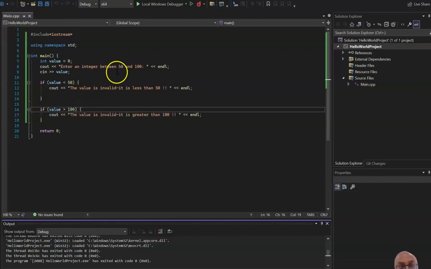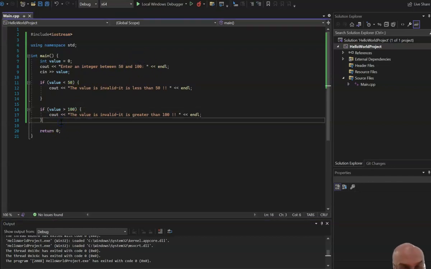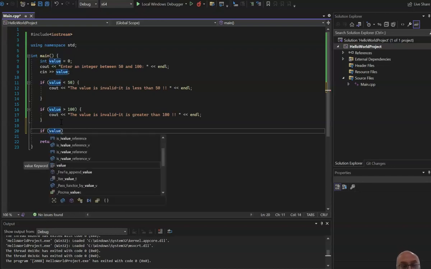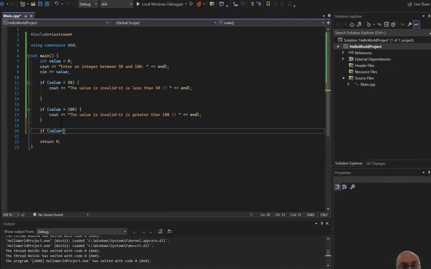Because they asked for 50, we need a message. How do we put the message here? We use if value greater than or equal to 50, okay,